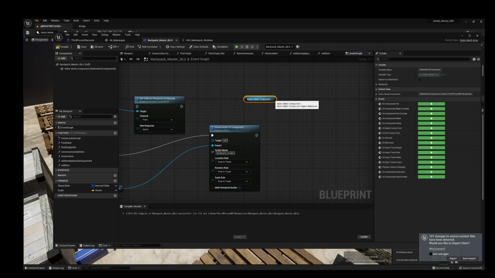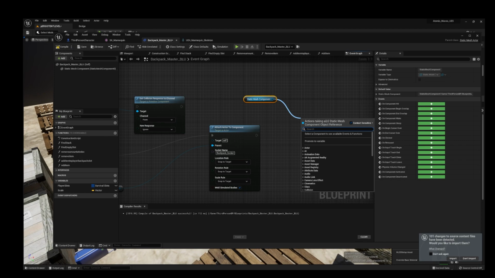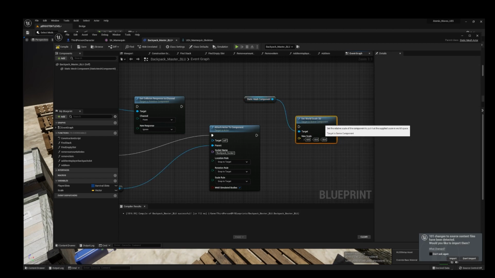And then you would drag out and get Set World Scale 3D like so. And then from here, you would get the scale variable that you just made.